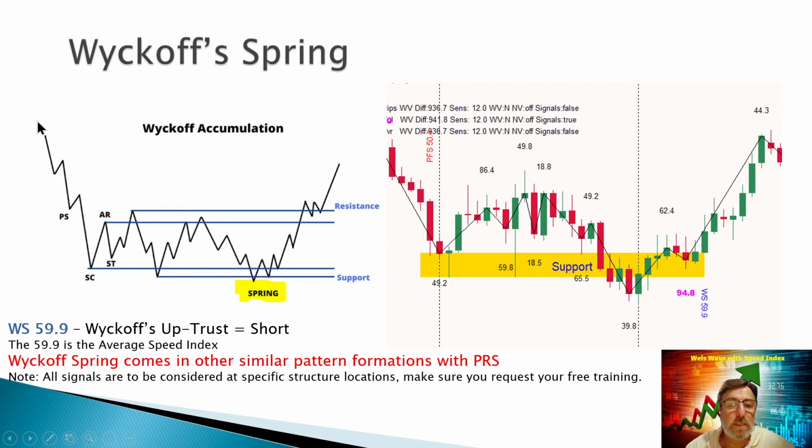Okay, there we go. This is on accumulation phase. Price comes down, stops, then we have the automatic rally, then back and forth. And here we're doing the spring where we break the support by a bit. Okay, and this is exactly what happened in this chart. We're coming down, we're hitting a support, we started ranging, and then this is our spring, and the Wyckoff spring pattern of Bluetooth is confirming that this is a spring situation. So we're going long on this level after we break this structure.